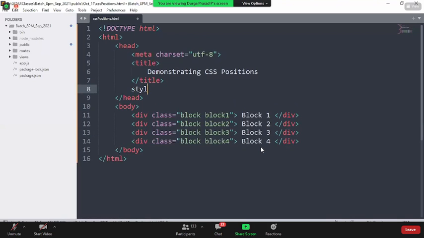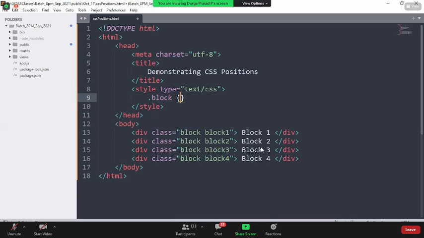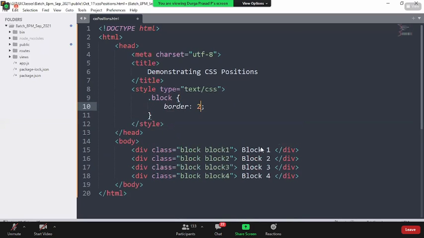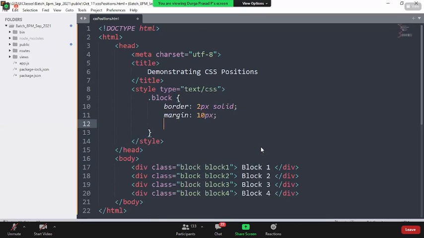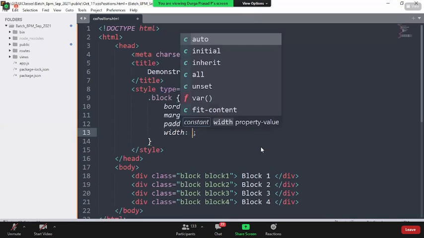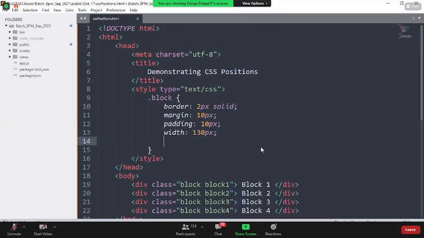Let's give the CSS style. Dot block: border 2 pixel solid, margin 10 pixel, padding 10 pixel, width of 130 pixel, height of 130 pixel.